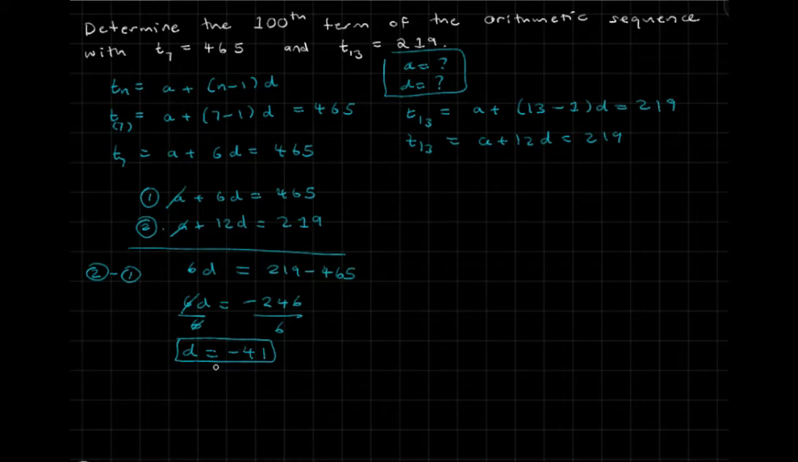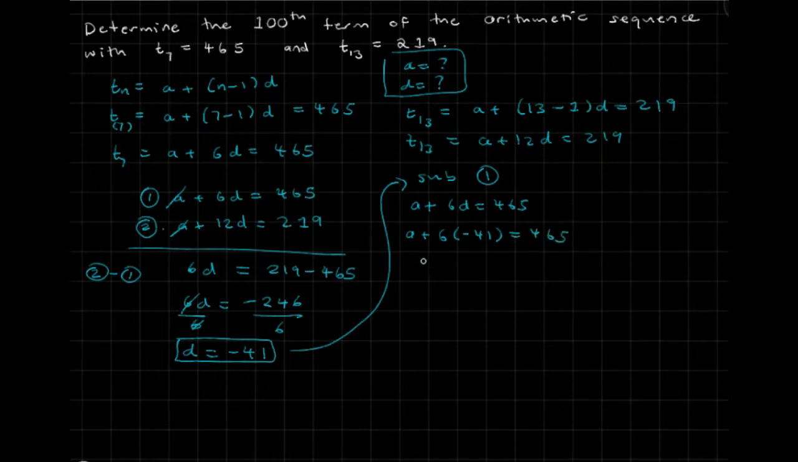Now, in this case, if your common difference is negative 41, what we want to do is solve for our a value. So you can actually substitute that into either equation 1 or equation 2. I'm just going to sub this into equation 1. So a plus 6d is equal to 465. A plus 6 times negative 41 is equal to 465. A is equal to 465 minus 6 times negative 41. And that's going to give us